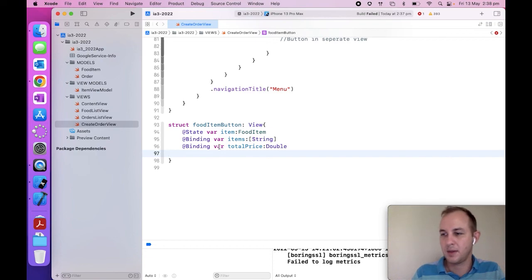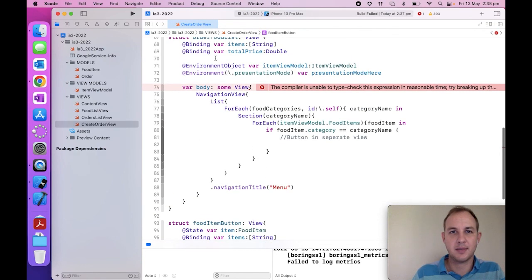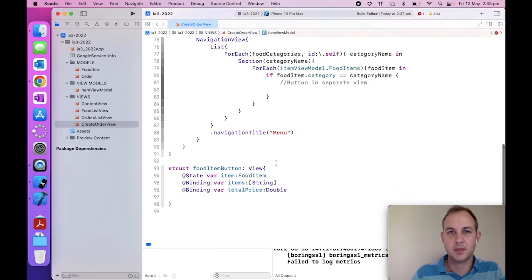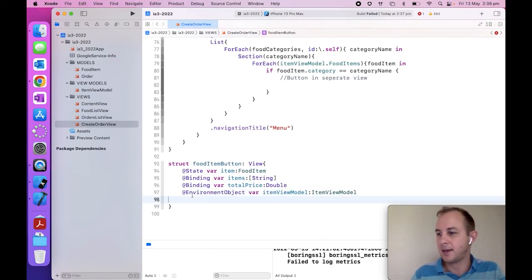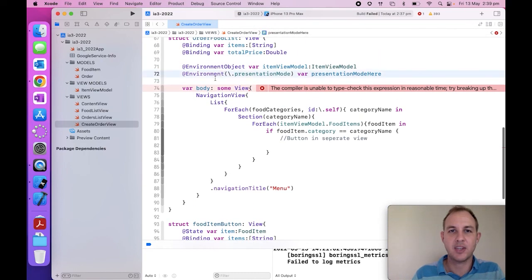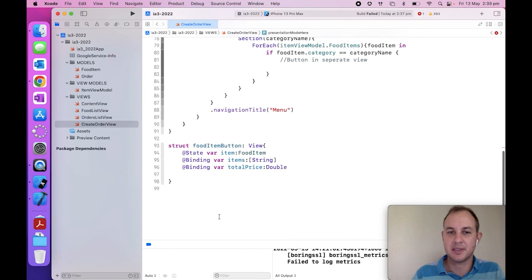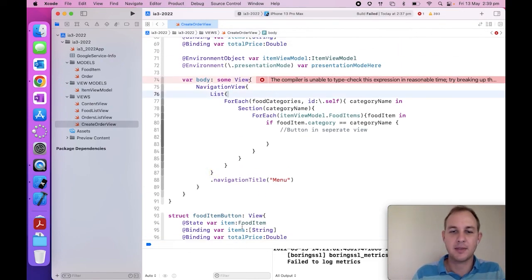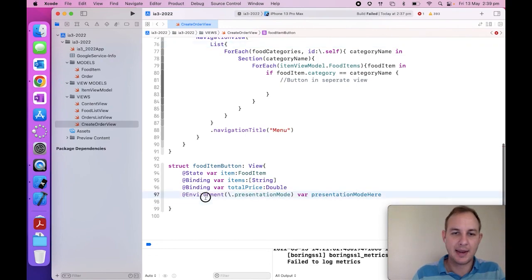Cool. Now, I also want the item view model so that I can update bits and pieces. Actually, you know what? I don't even use the item view model. Let's leave this out for now. And then what I'm going to do, instead of creating a presentation mode, another one to dismiss this view in for a button into the list view, instead of doing that, I'm going to create a binding of the presentation mode